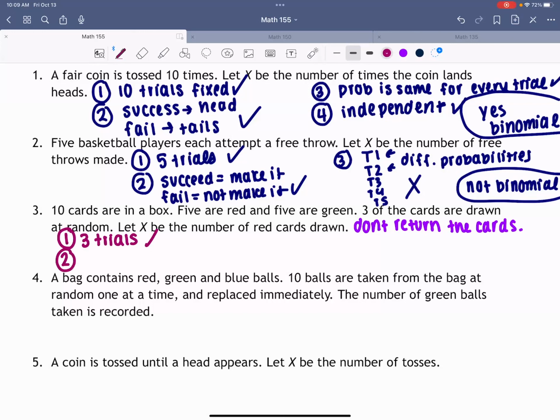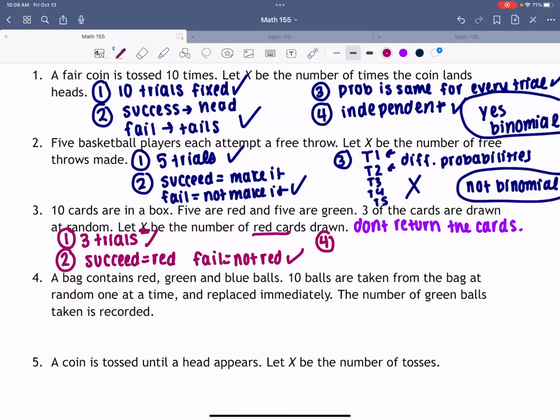Number 2, we have to have an idea of success and failure. X always describes what the success is. So if X is drawing a red card, then success would be drawing a red card, right? So succeed is red. What do you think failure would be? Not red. Not red, perfect. All right, so it looks like we have a clear idea of succeeding and failing in this example. Number 2 is passed. I'm actually going to skip number 3 real quick and let's just go to number 4,